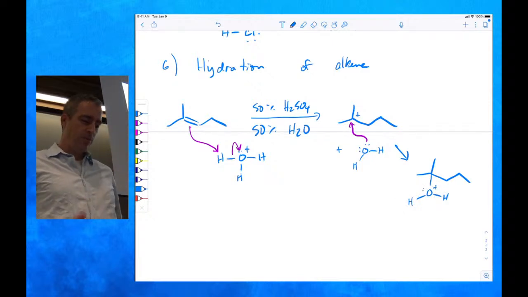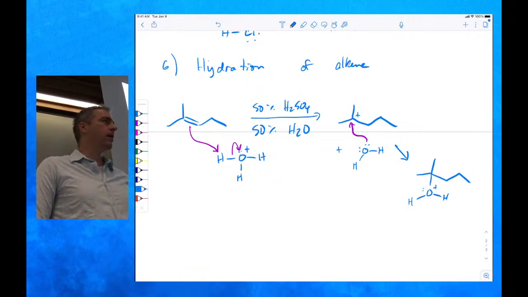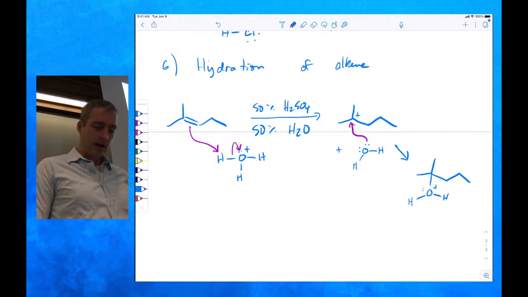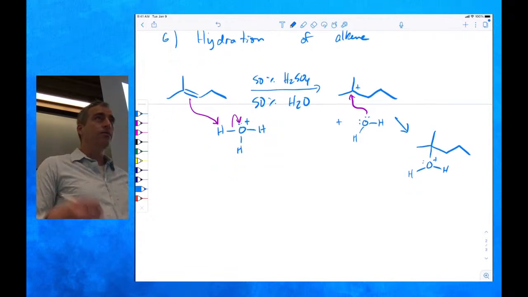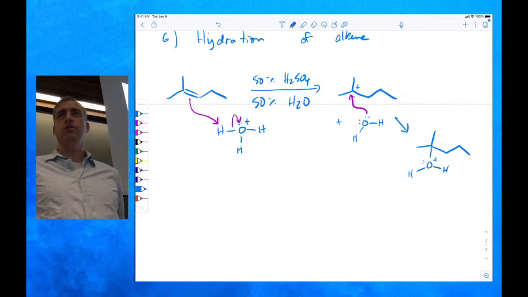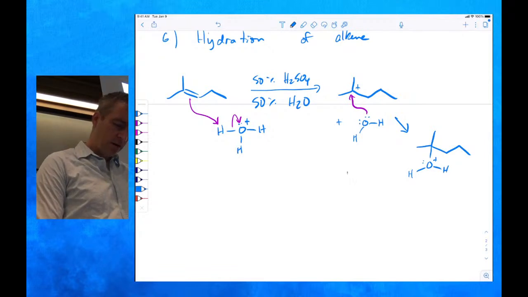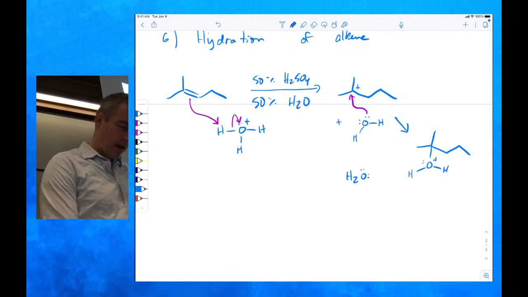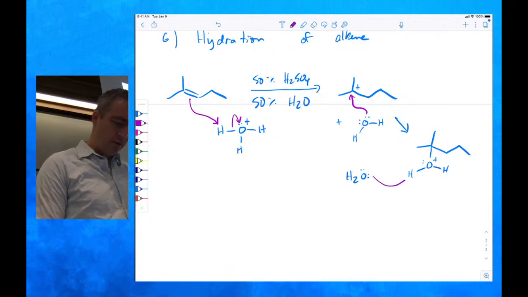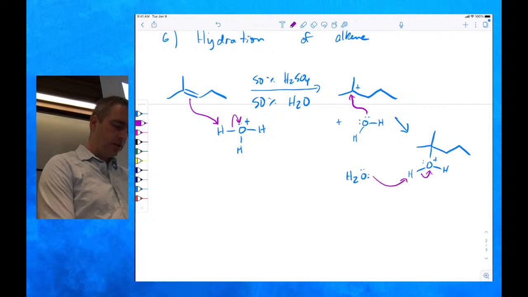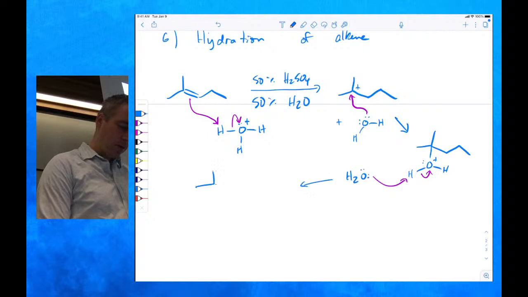So it's the same mechanism as before. Proton transfer to make a carbocation. Carbocation capture with the nucleophile. And then we have to finish this off by removing H plus from the product because we don't like to have final products that are not neutral. So what we're going to do is just take a molecule of water, lots around, and we're going to remove one of those hydrogens. And that's going to produce OH,